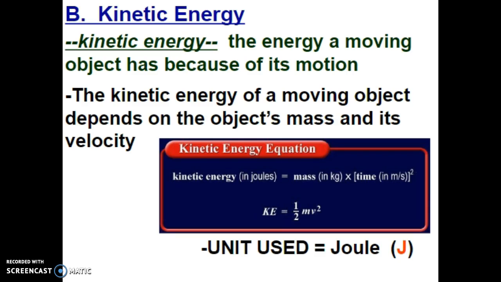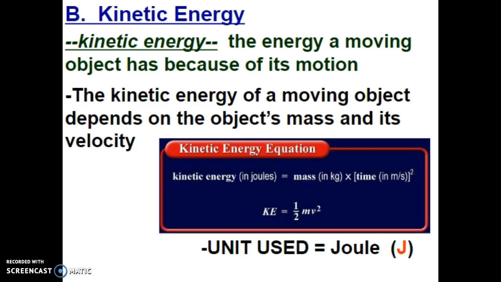Now, kinetic energy is the energy of motion. So the energy of a moving object depends on the object's mass and its velocity. So we can calculate the amount of kinetic energy in an object, knowing how much mass it has and how fast it's traveling. The unit used for kinetic energy equations is the joule with the capital J. The joule was named after James Prescott Joule, who developed the ability to calculate that kinetic energy, that energy of motion